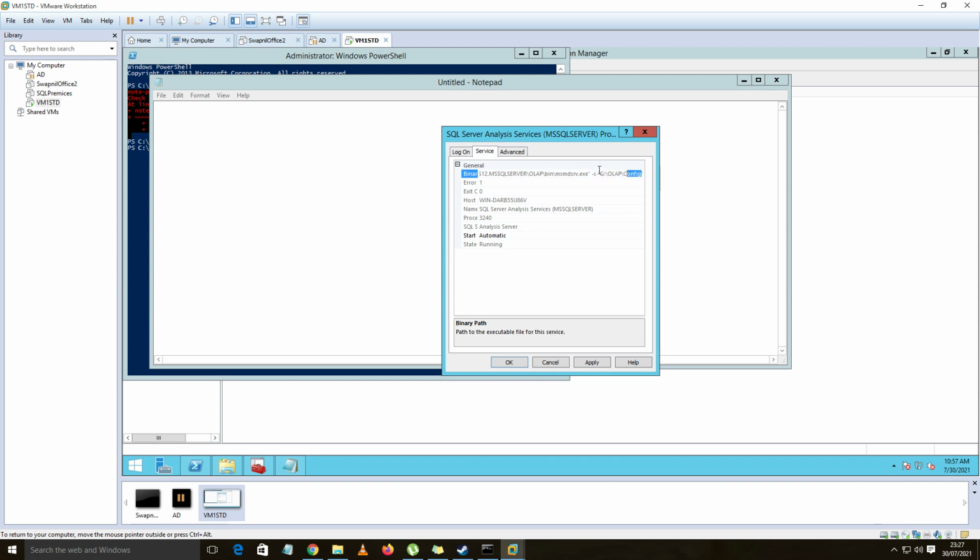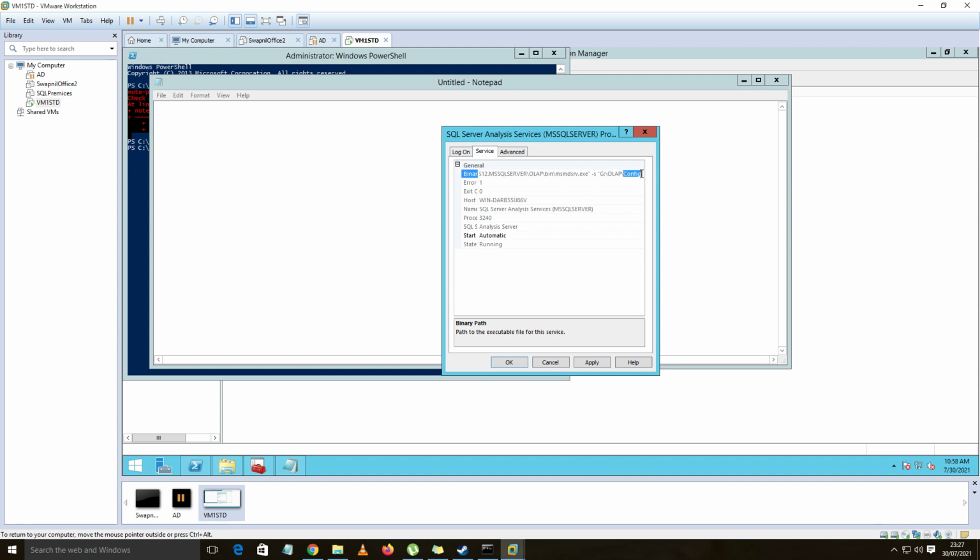So in the storage migration we need to move data directories or some other databases to the new drives. In that case we normally face an issue with moving the configuration folder for SQL Analysis Services. Data and log directory, it's fine, we can do it easily, but moving the config folder is very tough.